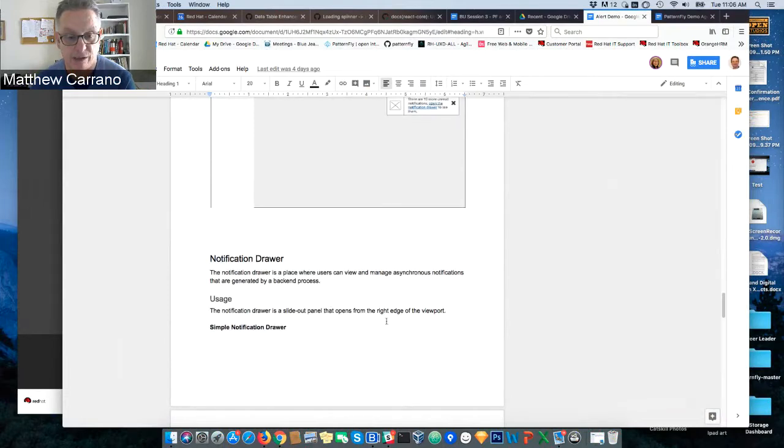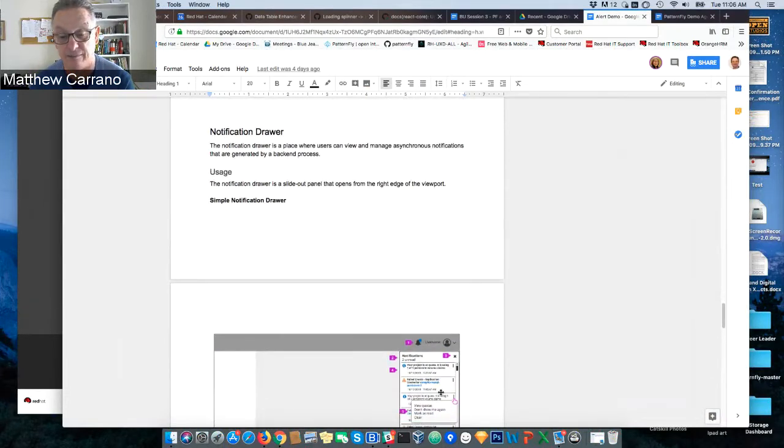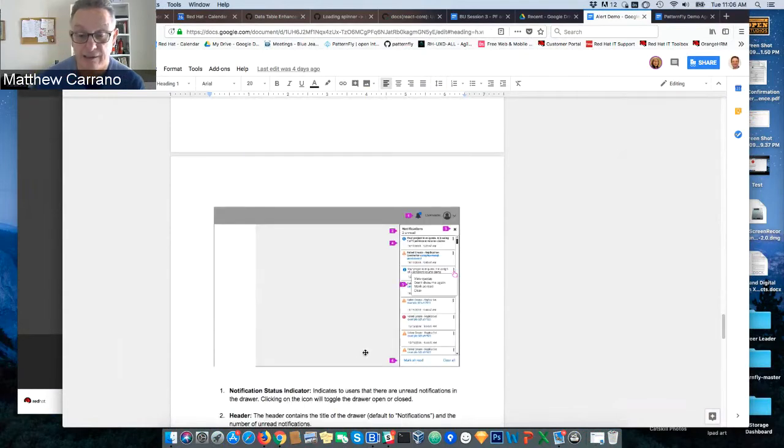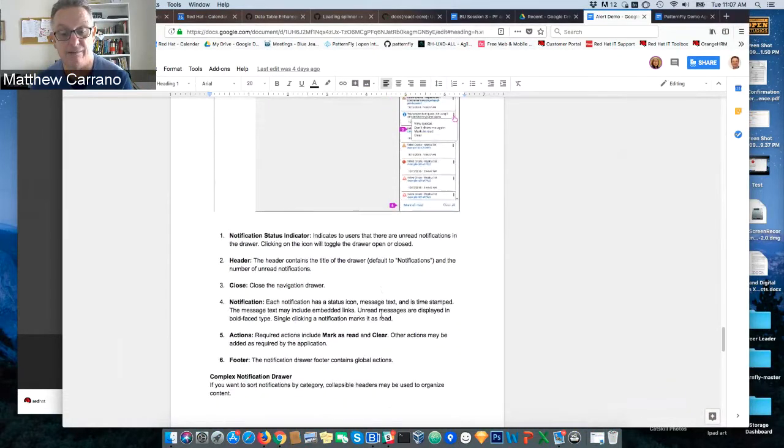And then the notification drawer. I created some updated wireframes for a notification drawer. In the case of the alerts and the toasts, those have actually been implemented already in the PatternFly Next repo. Notification drawer is still something to be worked on in the future. I haven't made drastic changes from PatternFly 3. However, I have tried to simplify and clarify some things a little bit in terms of what does it mean to clear a notification? What does it mean to mark it as read? So this documentation reviews that,